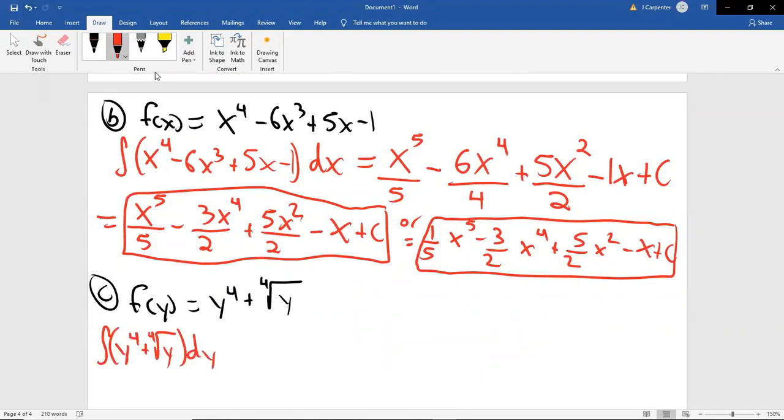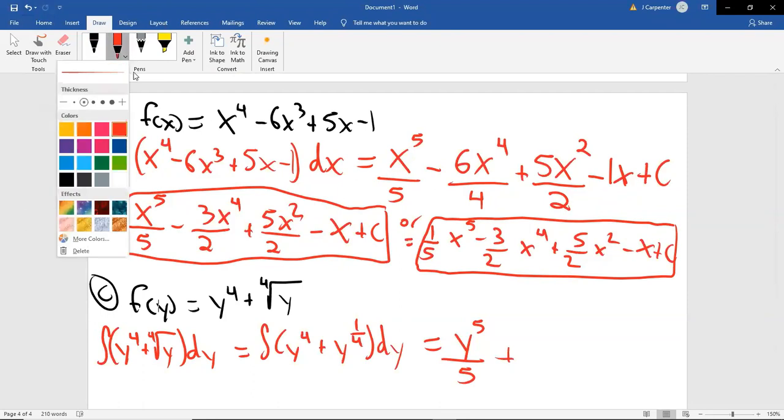Well, we're going to have to change the 4th root of y, aren't we? This is going to be the integral of y to the 4th plus y raised to the 1/4. The 4th root of y is y to the 1/4. The exponent was a 1, the index is a 4, 1/4. All right, well, that's good enough. We can apply the power rule. Add 1 to the exponents, divide by the same resulting value. So that's going to be y to the 4 plus 1 is 5, divided by 4 plus 1 is 5,